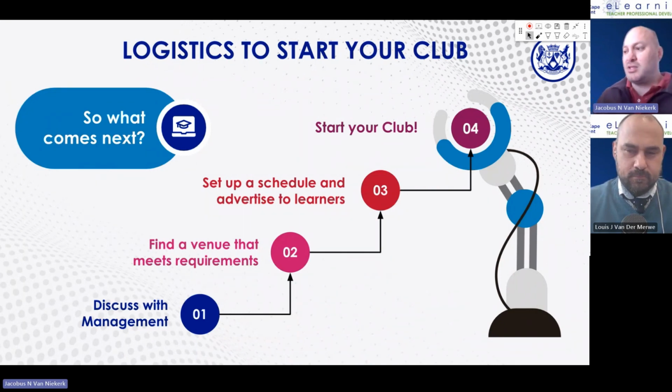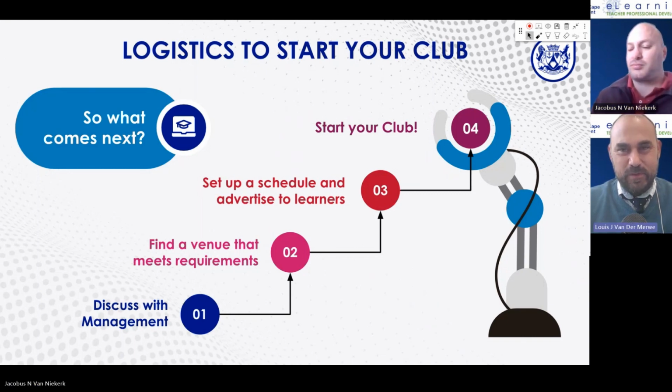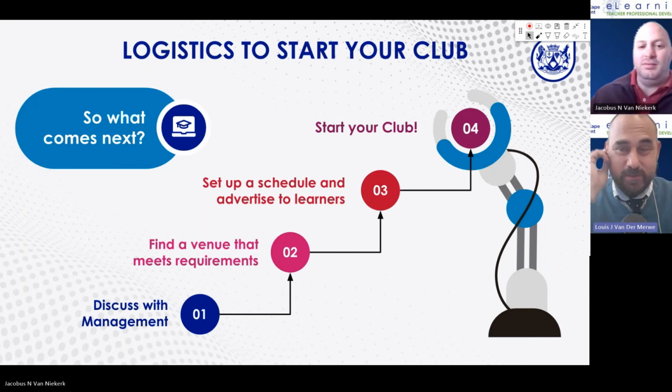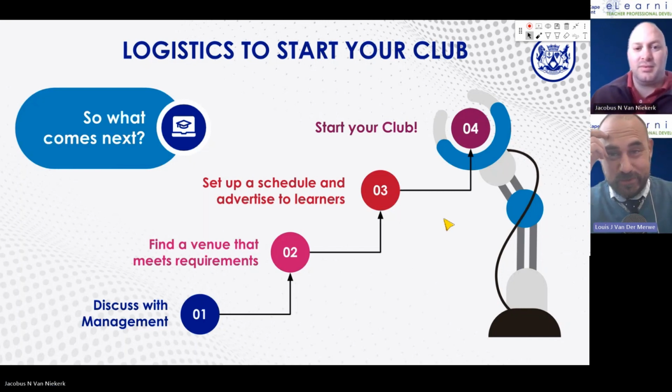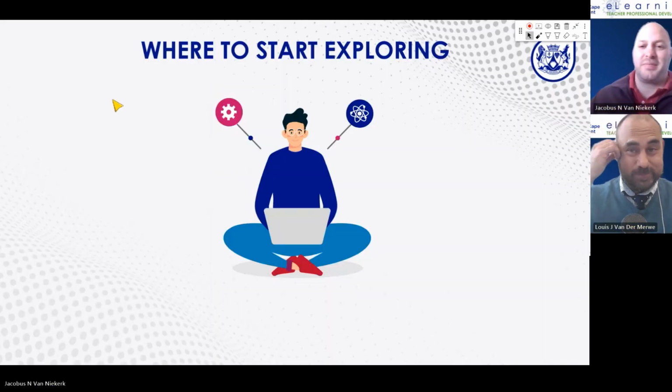The one thing that I can say with absolute certainty is, if you don't start, you will never have a club. This is the only thing I can say with absolute certainty. That's something I've told DBE as well. I've told them, if we never start with coding and robotics as a subject, we're never going to have one, and it's never going to be perfect. It's always going to be a messy start that first year. So let's just do it. They haven't listened yet. But right, we can do coding clubs.